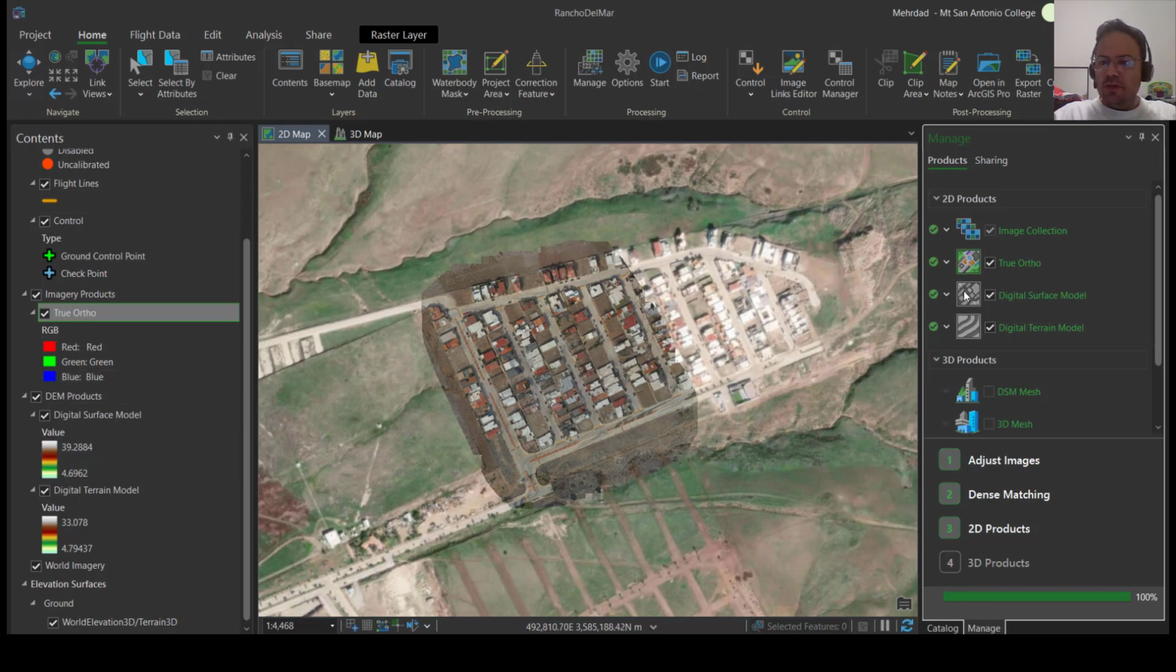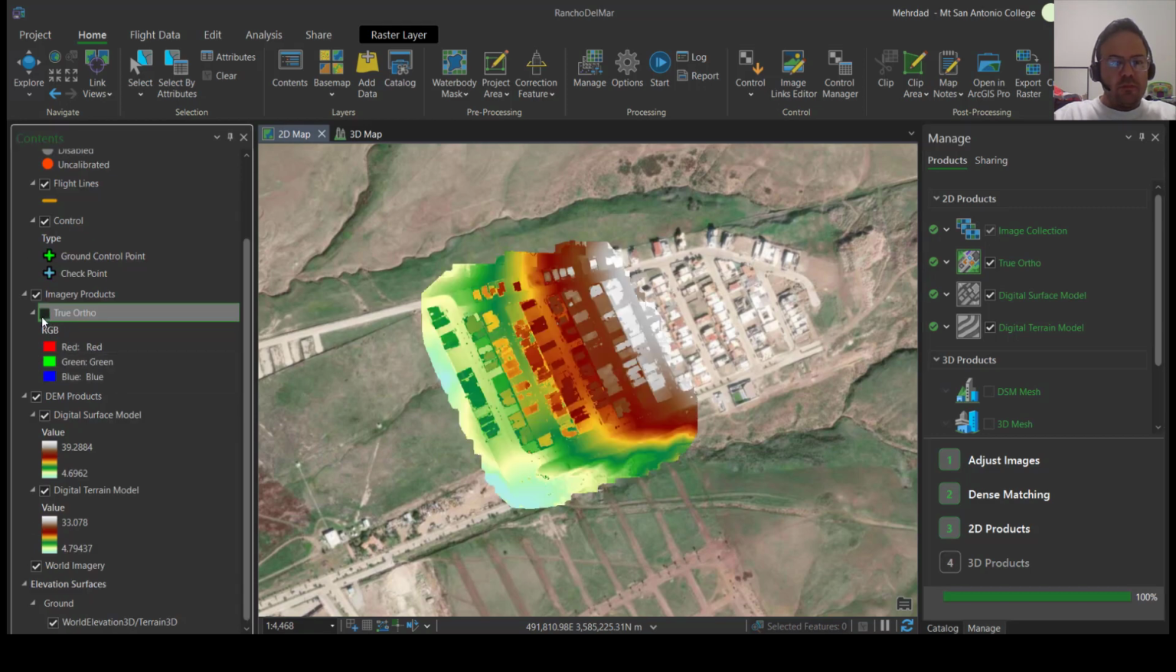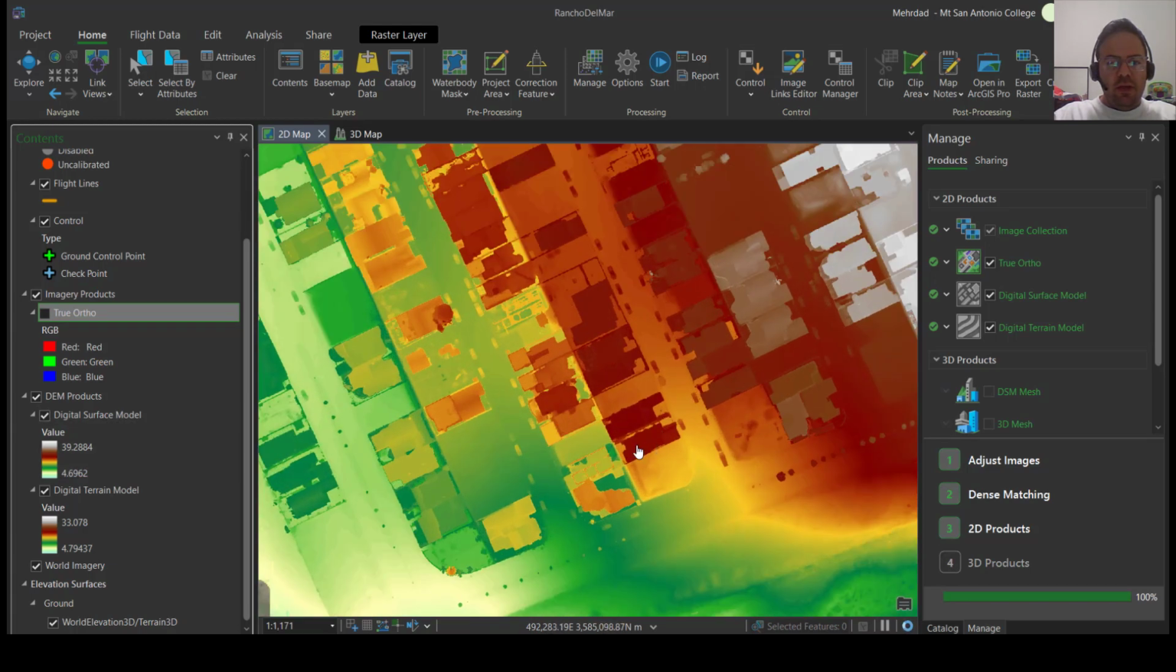So that's the imagery orthophoto file. You can also take a look at the digital surface model that will be under the imagery product. So let's uncheck the orthophoto. You can see the DSM would take into account the elevation of the buildings, and if you look at the